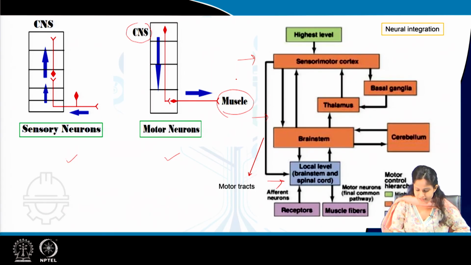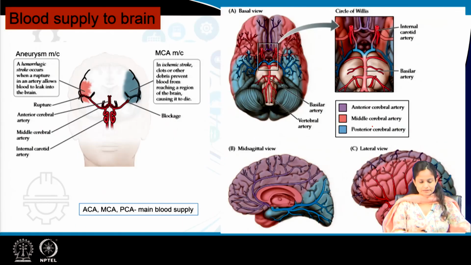So as you can see, whatever sensory information we are receiving is mainly under the control of our cerebral or sensory motor cortex. Sensory motor cortex will decide when to act and when not to act. So this is the motor neuron pathway, and coming to the last part of our lecture, that is the blood